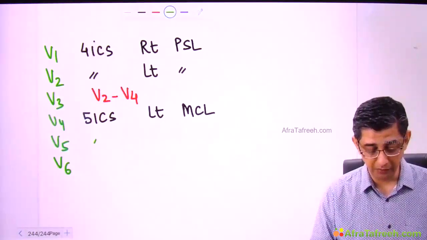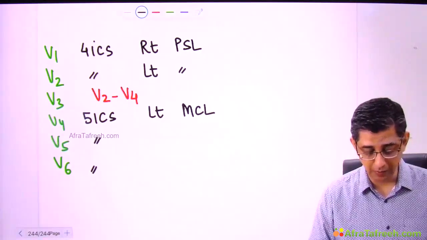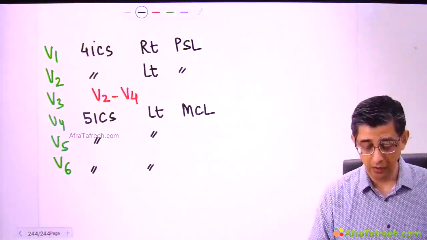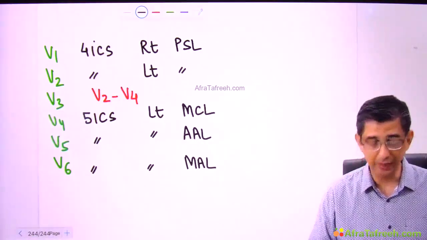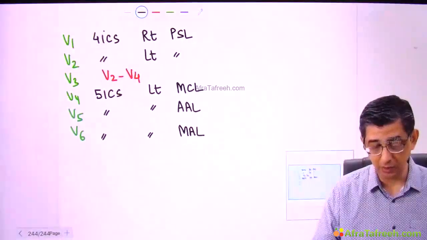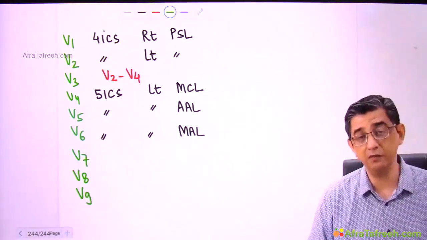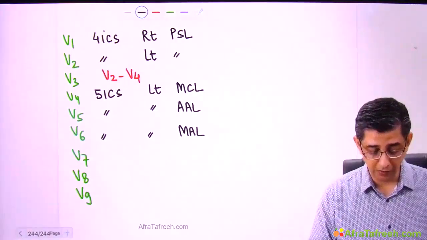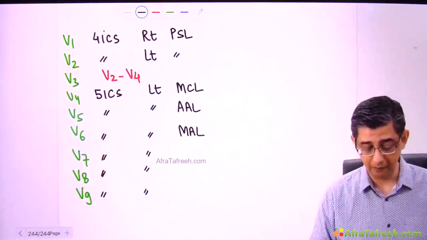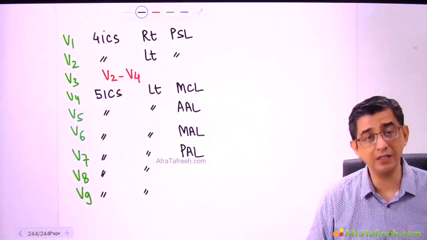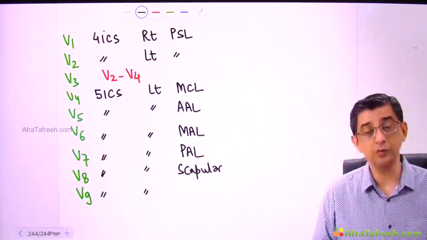Now, when it comes to lead number V5 and V6, it would still be the fifth intercostal space, but the line is going to change. So it's still going to be left, but the line will change from mid clavicular to anterior axillary line. Then we move a little more, then would be mid axillary line. So standard leads are V1 to V6. But sometimes to trouble you in the exam, there's a distinct possibility that the examiner might deliberately write words like V7, V8, V9. It's still going to be fifth intercostal space. It's still going to be left side, but the line will dramatically change. When it comes to lead number V7, it will be posterior axillary line. When it comes to lead number V8, it would be scapular line. And for V9, in fact, I can just put up as a question to you guys.